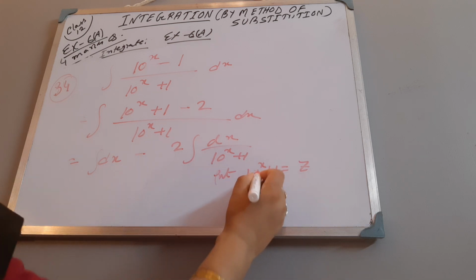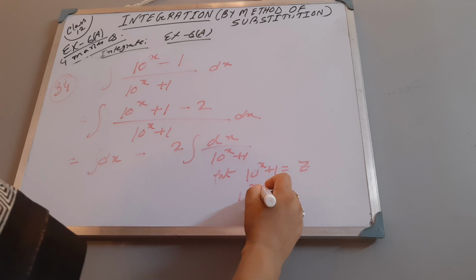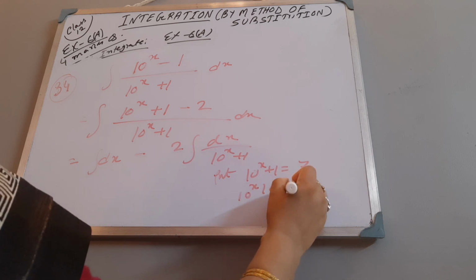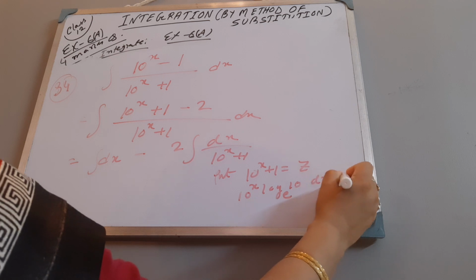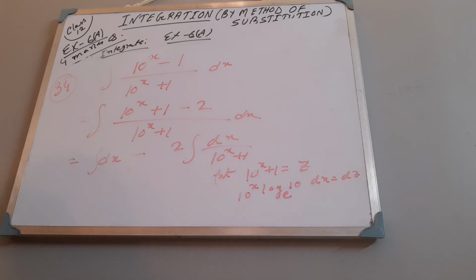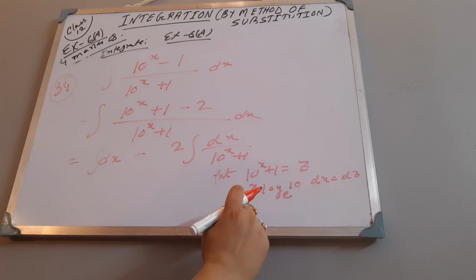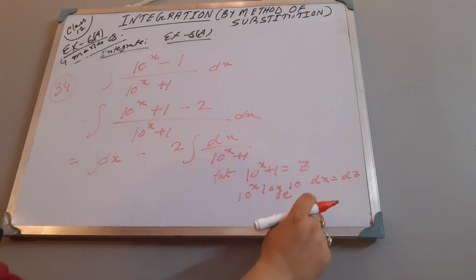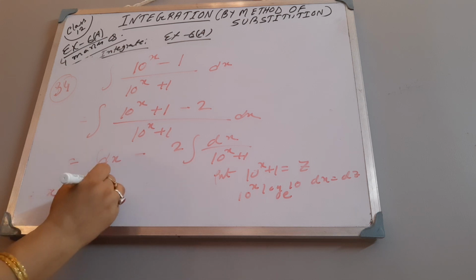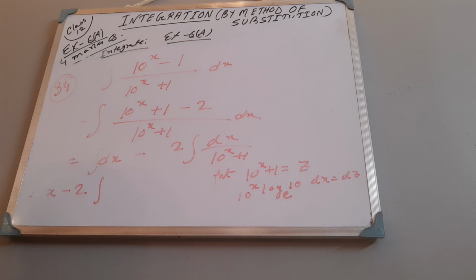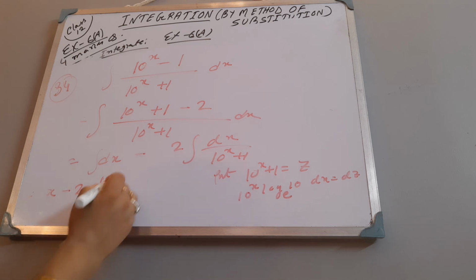A to the power x means a to the power x log a to the base e. It is dx is equal to dz. Okay. Therefore, dx will be dz by 10 to the power x log 10 to the base e. And here this part will be x minus 2 integral dx, which will be what? dz by